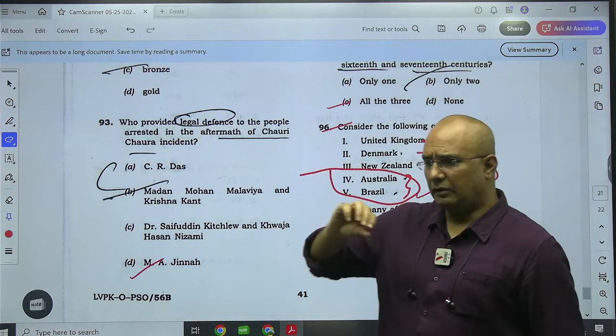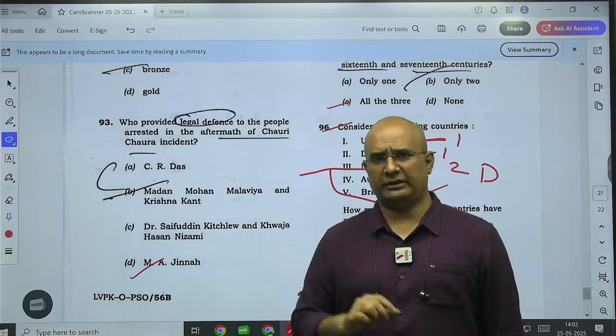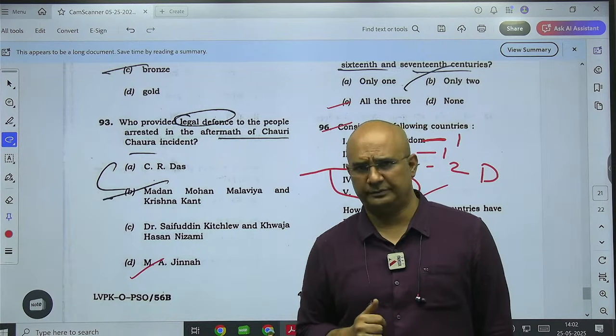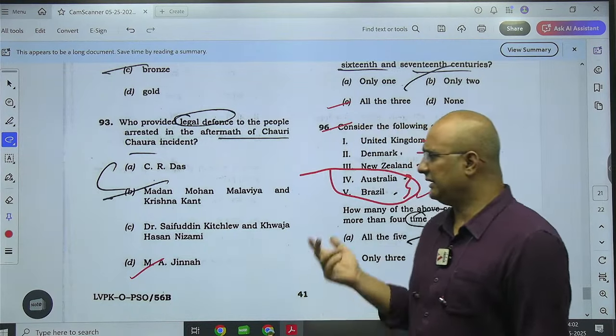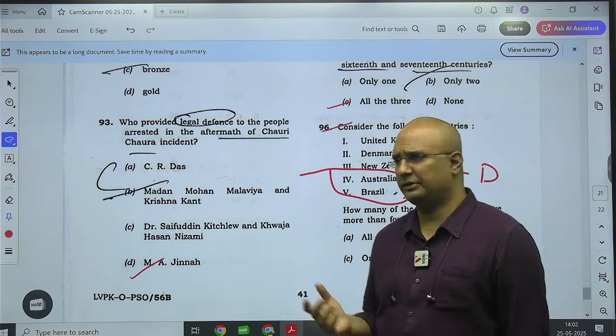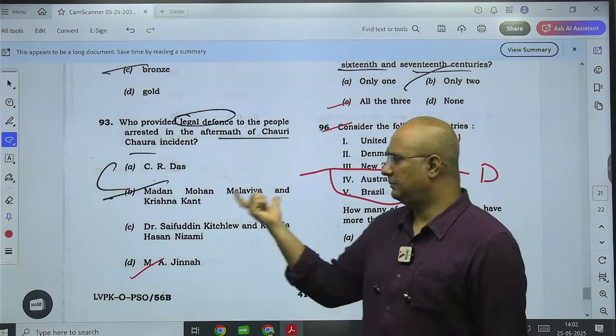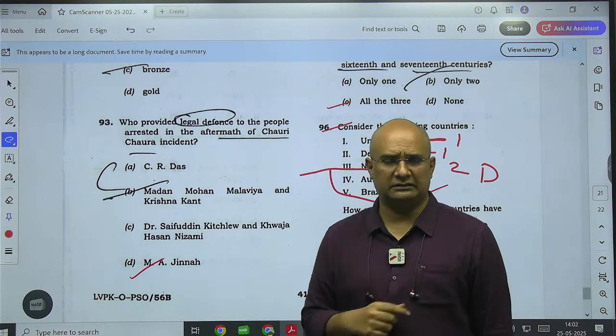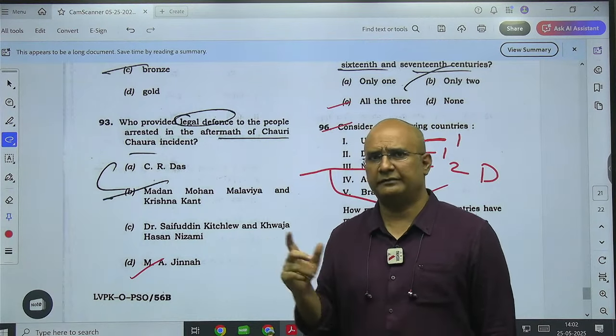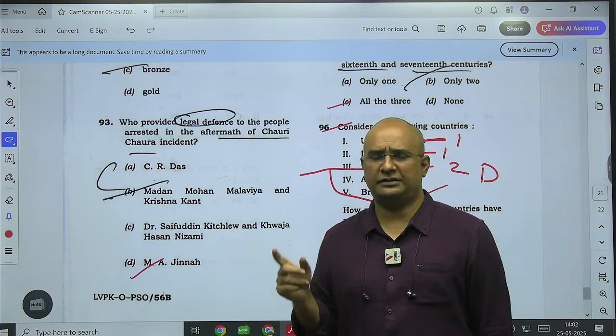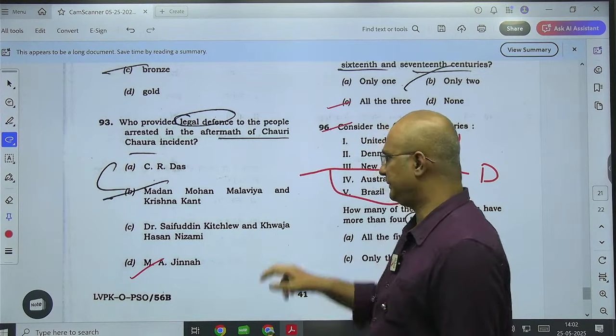They are asking, for those people who were arrested in the Chauri Chaura incident, who provided the legal defense for those people? Now, it is slightly difficult, and even if you leave such a question, it is not a much problem, because many of the people might tend to make a mistake here. The answer is Madan Mohan Malviya and Krishna Kant. These were the two people who gave defense for those people who were arrested in the Chauri Chaura incident. Next